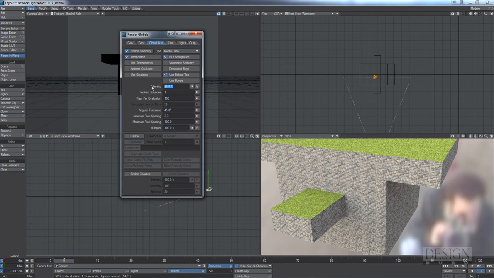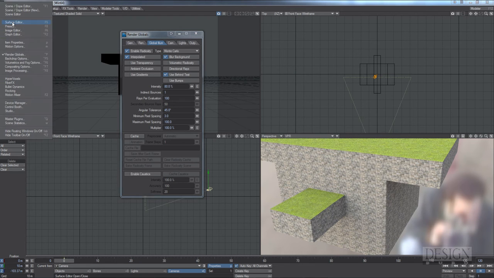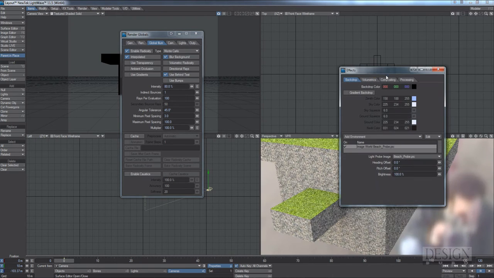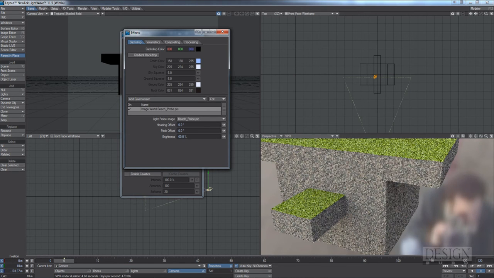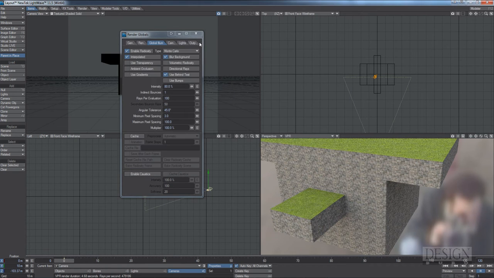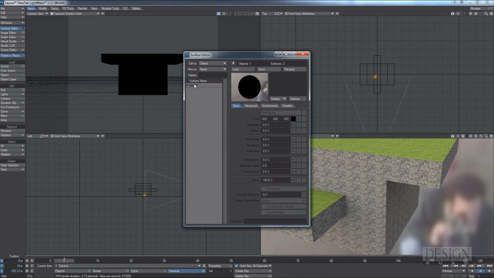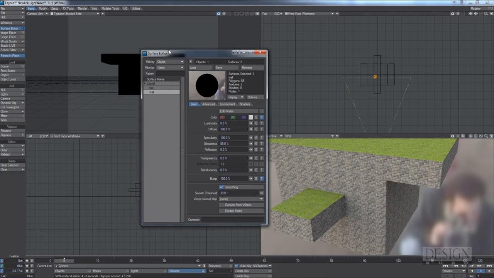Let's turn the intensity down just a little bit, or you can do it here in the intensity of the global illumination, or you can go to the backdrop options here, and you could say that the brightness should be about 80%. This is looking a little bit better. It's just a little bit more, 60. That's just fine. What you could also do is go into the surface editor and pick that wall, and let's